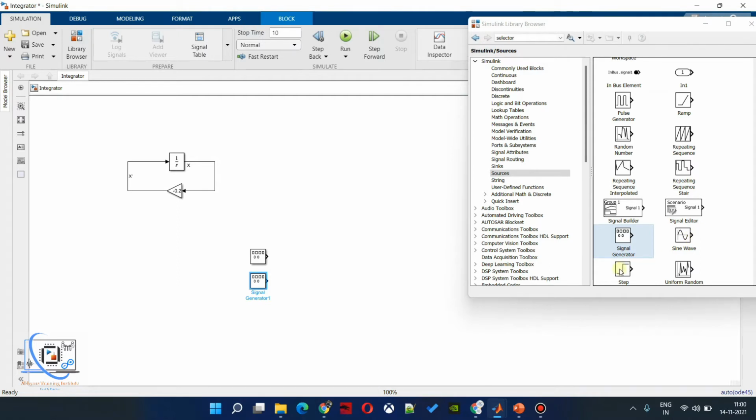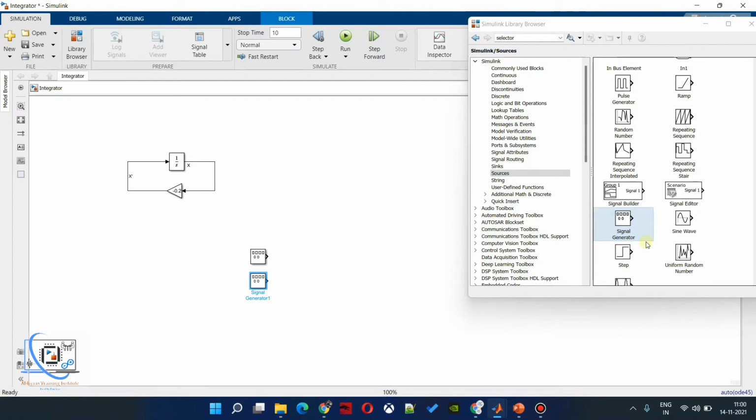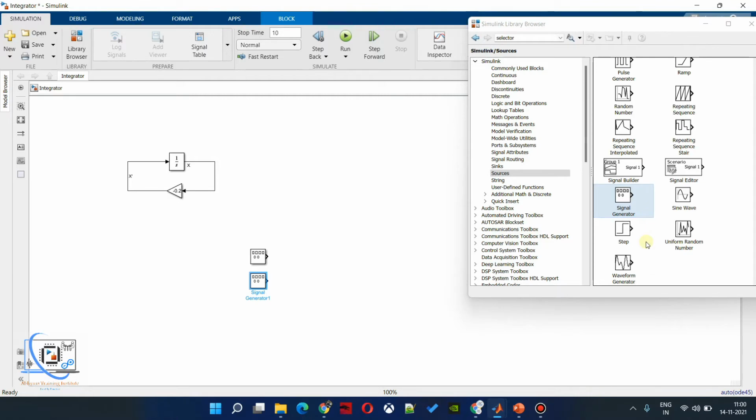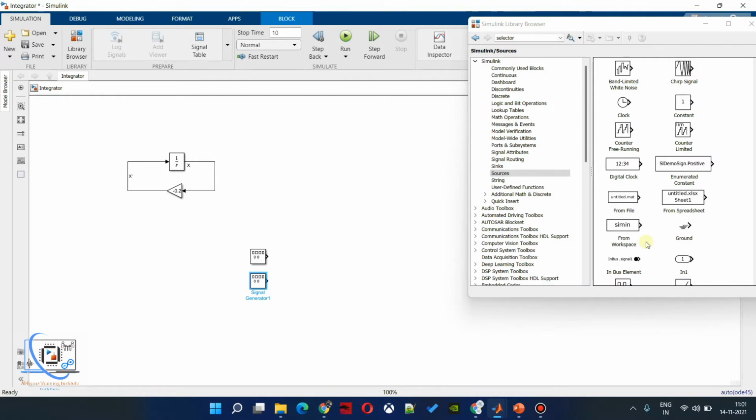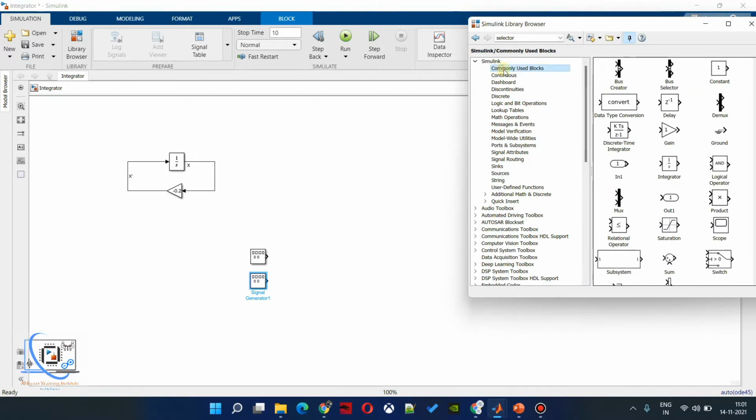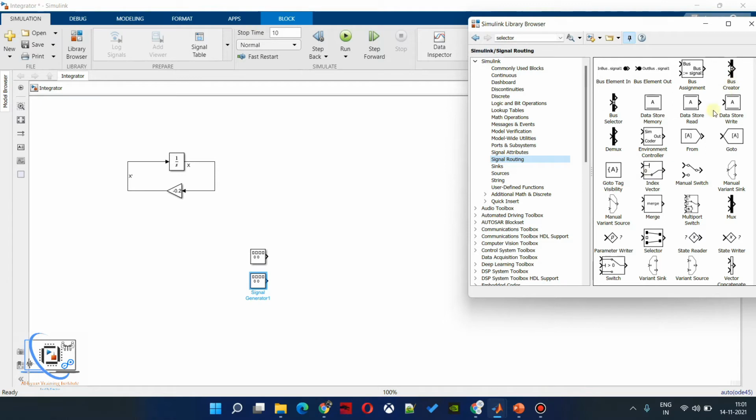Then we will take our integrator, and then we will take our mux. You can find mux in commonly used blocks or signal routing. Here you can find dmux and mux, so we are going to get a mux over here.